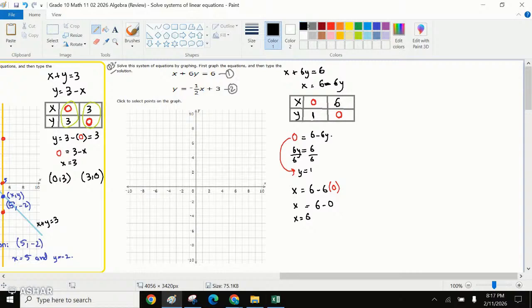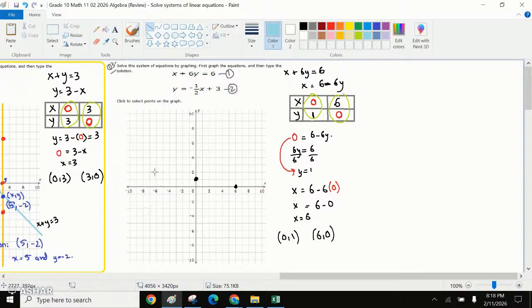So now we have two coordinates with us: (0, 1) and (6, 0). Can we plot (0, 1) and (6, 0)? (0, 1) would be this point, x was 0, y was 1, and (6, 0) would be this, because x is 6 and y is 0. So once we join them together,